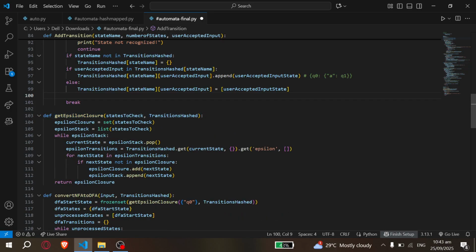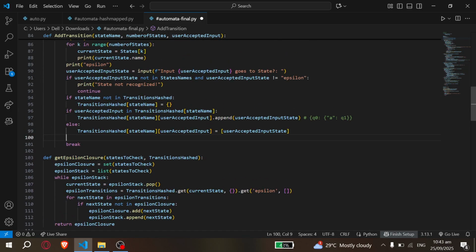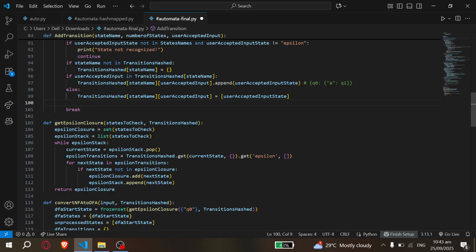After that, if we have finally assigned all the transitions that we needed for the language that is specified by the user, then we try to convert that into its corresponding DFA. And before we do that, we have to get the epsilon closure of the first state. Epsilon closure is basically just taking all the transitions from the current state. Let's say we have Q0, and we take all the transitions that involve epsilon, and just append that on